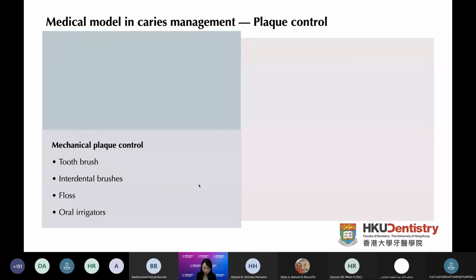Another factor in plaque control is mechanical plaque control. Mechanical plaque control is the major means to maintain oral hygiene and the mainstay of preventive treatment. So toothbrushing, including manual or power brushing, should be recommended as the primary means to reduce dental plaque. And we can also use interdental hygiene, and the selection of these interdental aids should